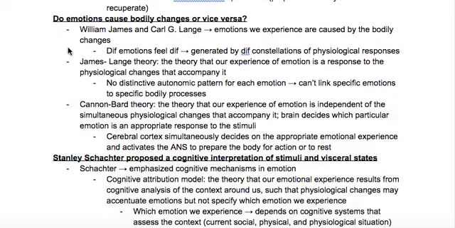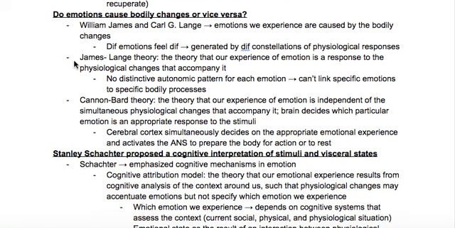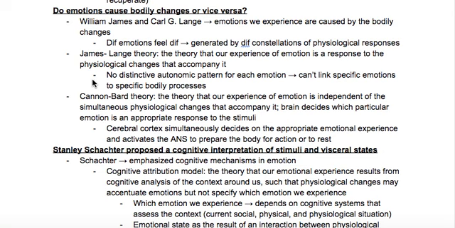The next section is titled, Do Emotions Cause Bodily Changes or Vice Versa? According to William James and Carl G. Lang, the emotions we experience are caused by the bodily changes. These different emotions feel different and are thus generated by different constellations of physiological responses. So all in all, the James-Lang theory states that our experience of emotion is a response to the physiological changes that accompany it. There is no distinctive autonomic pattern for each emotion, so we can't link specific emotions